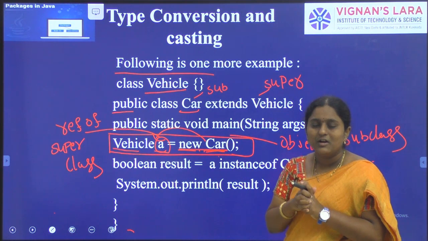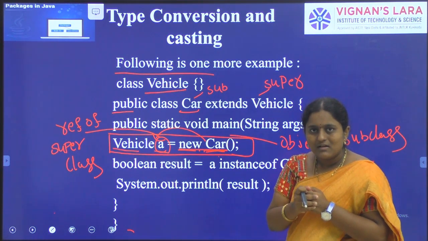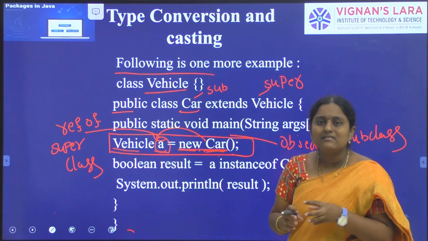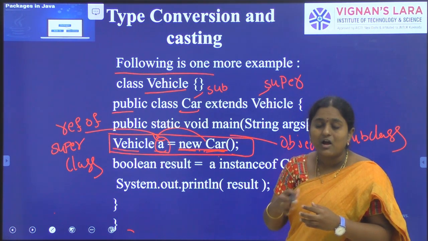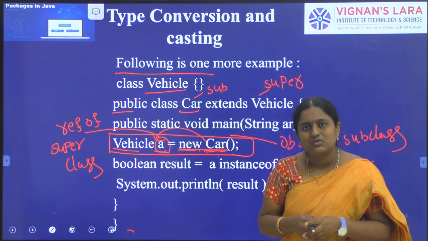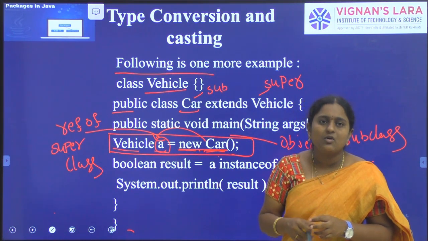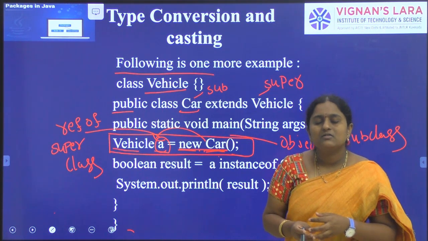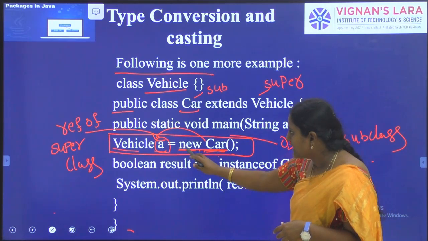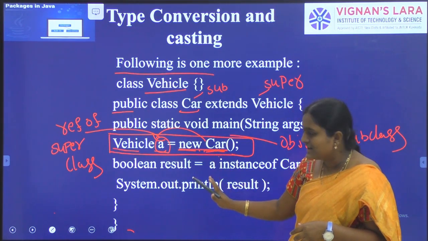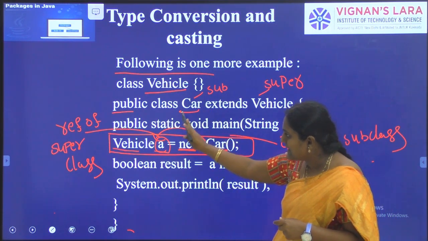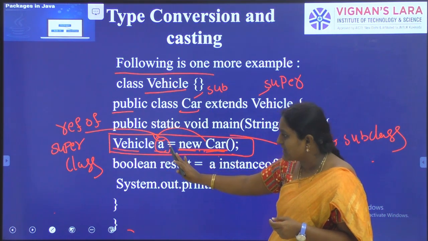So what is this topic? Whenever runtime polymorphism is implemented, we always create a reference of the superclass, and that superclass reference is assigned to subclass objects. Always we can call overridden methods using the superclass reference variable. It is nothing but runtime polymorphism. So Vehicle A equal to new Car indicates that we are creating an object of the subclass, and the object of the subclass is assigned to the superclass reference variable.